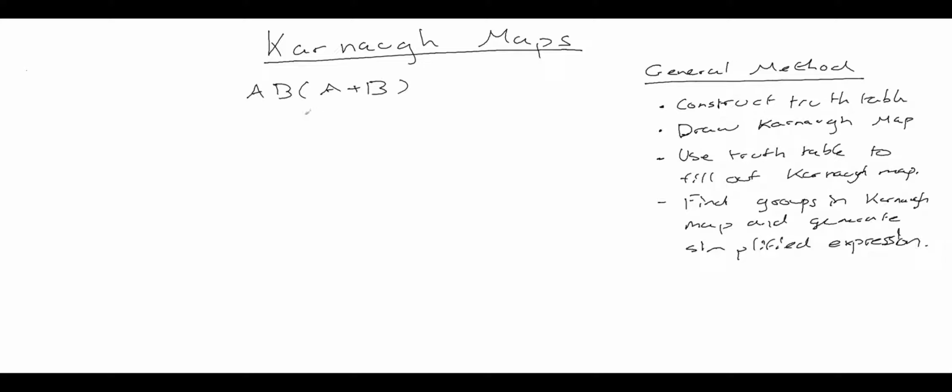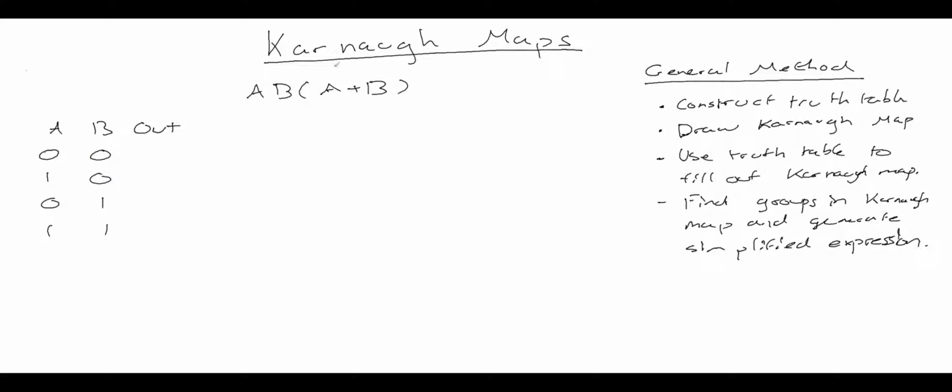This example is one from my Boolean algebra video, and I'm going to show you how to use the Karnaugh map method to simplify the expression. First of all, we're going to construct a truth table for this expression. So I've got my A input, my B input, and my output. And what I can do is just plug in the values in my truth table